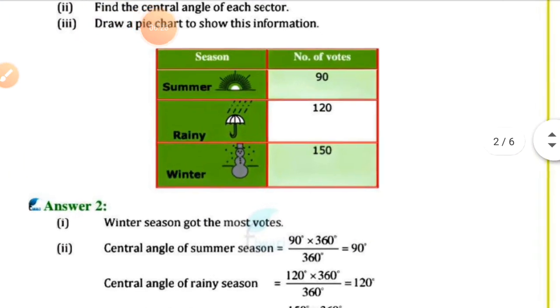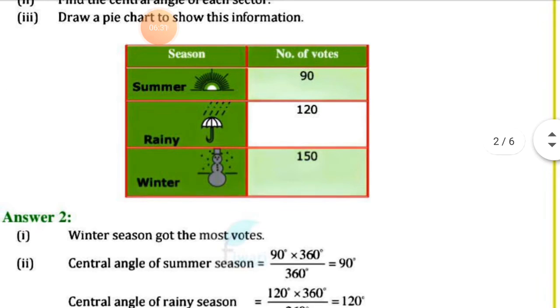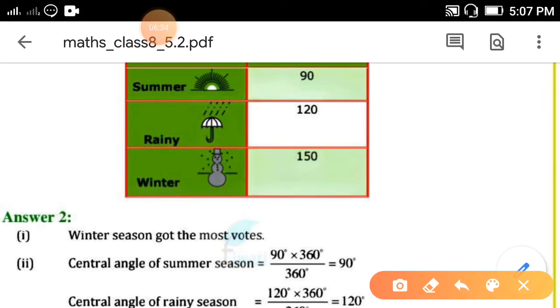So there is one method, very easy to remember. First of all, if you want to convert given data into degree form, then you have to multiply by 360 degree. Like with percentage, if you want to convert data into a percentage, you multiply it by 100. Same way, one thing is common: if you want to convert data into degree form, then you have to multiply by 360.